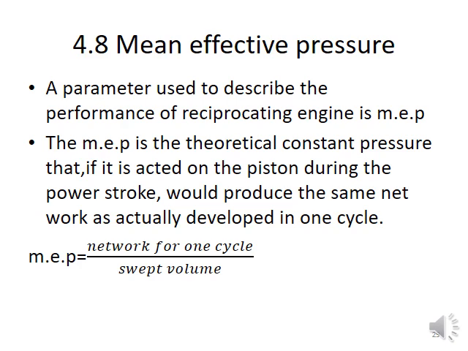We know that 1 to 2 is an adiabatic compression. There we can write the compression ratio R is equal to V1 by V2, whereas the adiabatic expansion takes place from 3 to 4, so the expansion ratio RE is equal to V4 by V3. And for the cutoff ratio, the supply of heat is stopped at a particular point. That point is called the cutoff point. In this graph the point 3 represents the cutoff point.